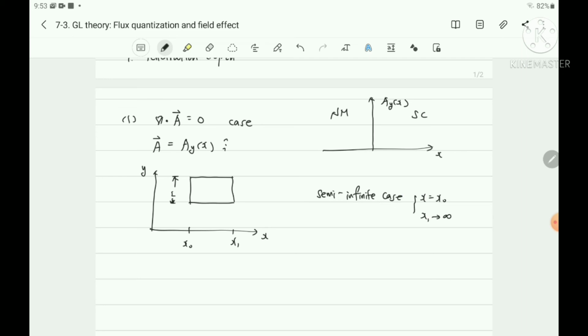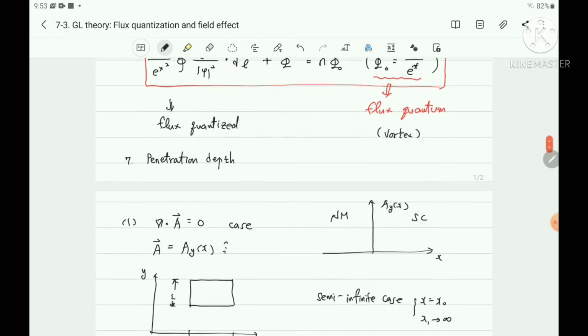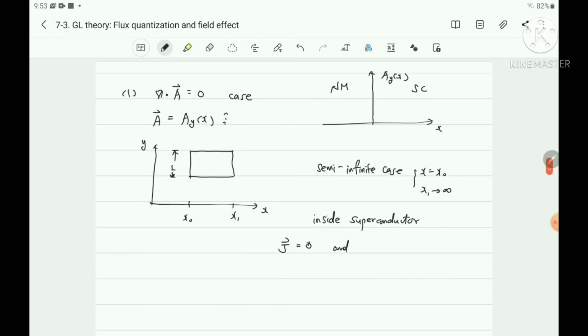And also inside a superconductor, we know that the current density equals 0, and current here we assume that there is no